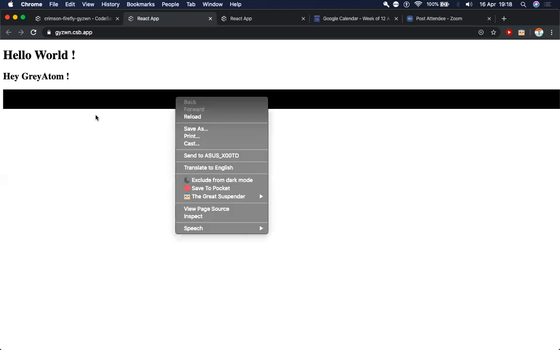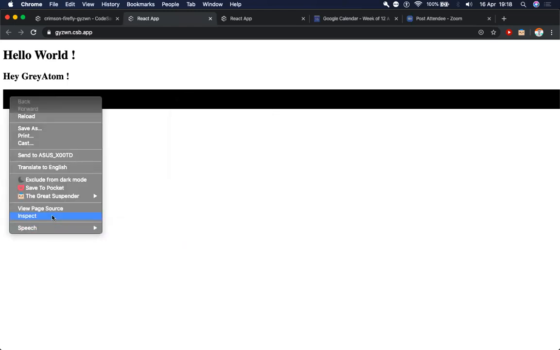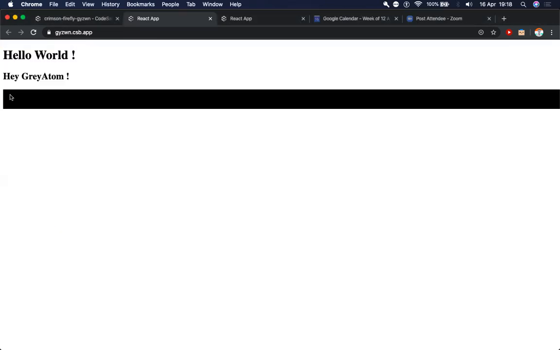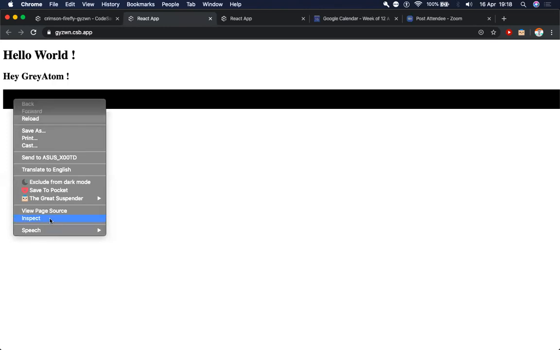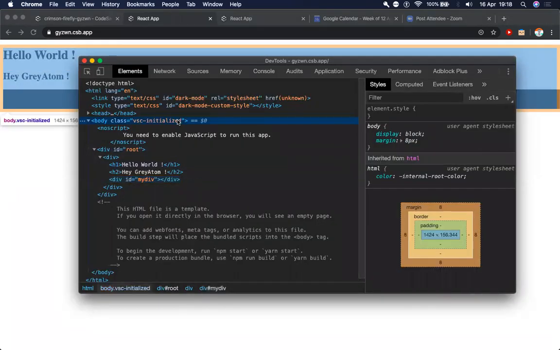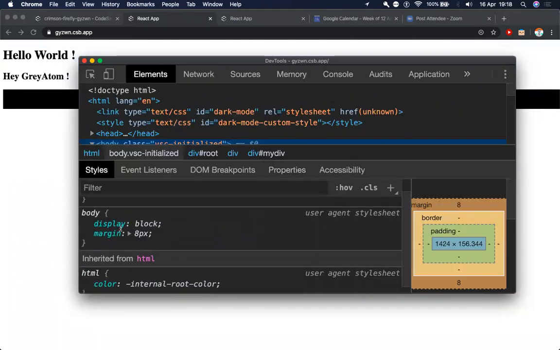Okay. So we can see that the body is applying some margin here. If you inspect element over there by right clicking and clicking on inspect element, and you go to the body, you see that the HTML by default is applying a margin of 8 pixels there.